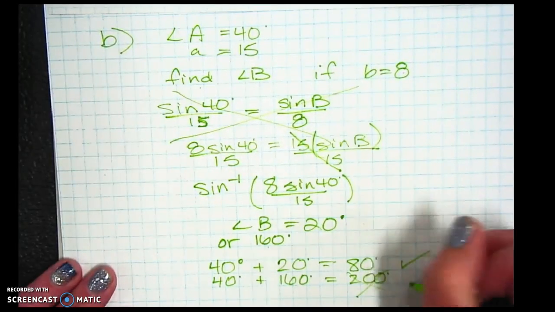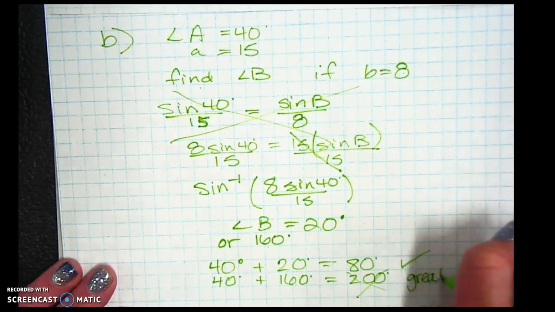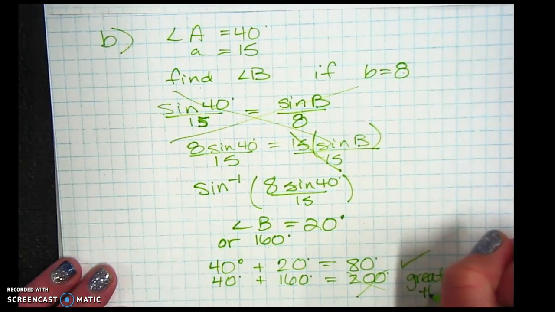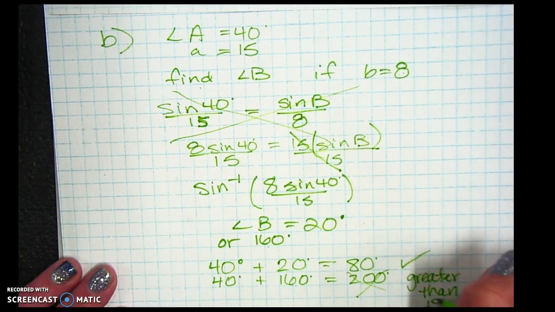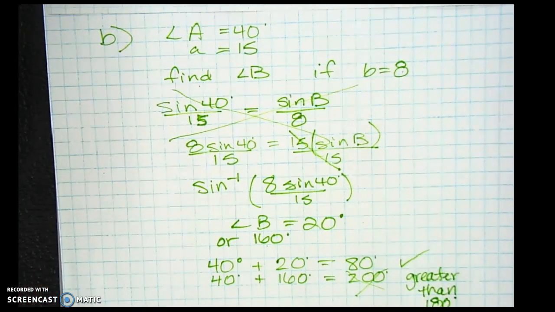So just write down that it's greater than 180. So if it comes out greater than 180, that second answer is not an answer. So check by subtracting from 180 and see